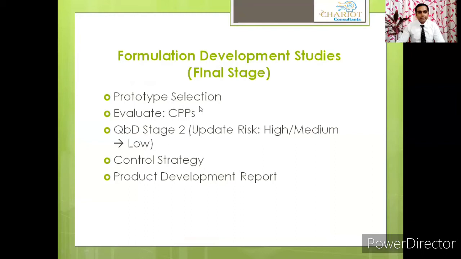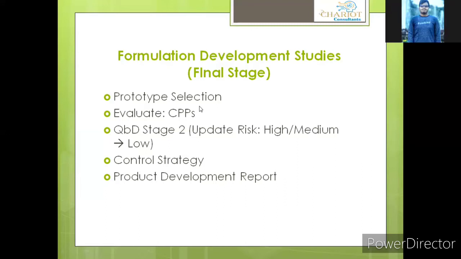Now, what are the final stages of formulation development? Up till pilot batch, it was the initial stages. But the final stages are, since you have finalized your pilot batch, you have a final prototype in your hand. Based on the final formula, you will challenge your process in terms of your critical process parameters. For example, if you are working on wet granulation in RMG, you need to see the impact of binder addition, and the impact of kneading. I will not be discussing these processes in detail, but you need to challenge your process.